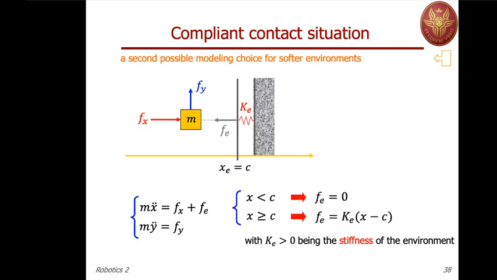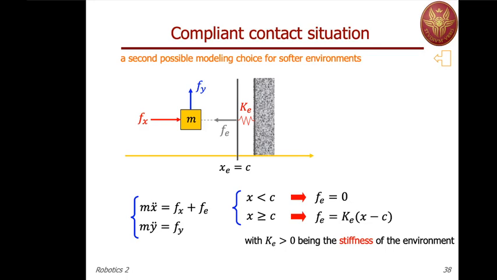So in this case, when the robot approaches, it can hit the compliant wall also with a non-zero velocity. It will compress the spring for a while and then maybe be bounced back,